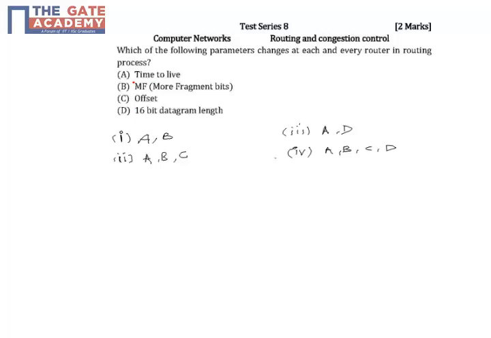The first parameter is time to live, or TTL. TTL is an 8-bit field used to prevent looping of packets in the network, and this is done by specifying the lifetime of the packet. In practice, TTL generally stores the hop count for the packet, that is, the number of hops for which the packet is valid. For example, consider the following network